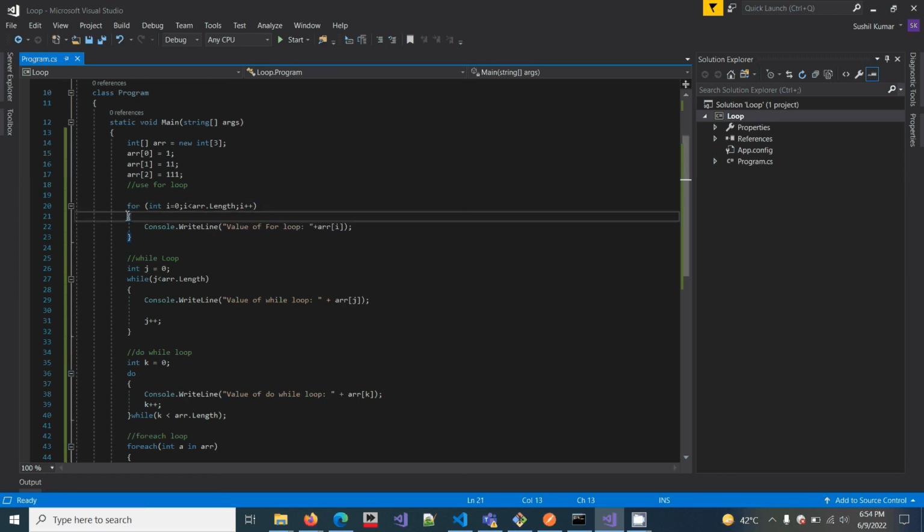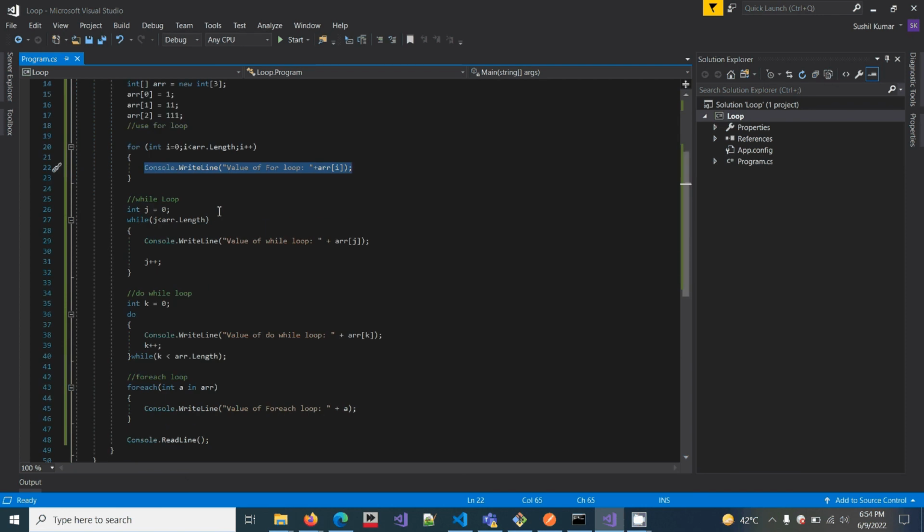In the for loop body, we execute logic and functions like this. While loop: first initialize the variable outside the loop, after that check the condition, execute your body, your logic, then increment or decrement as per conditions.